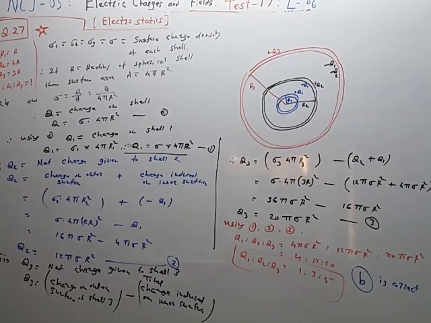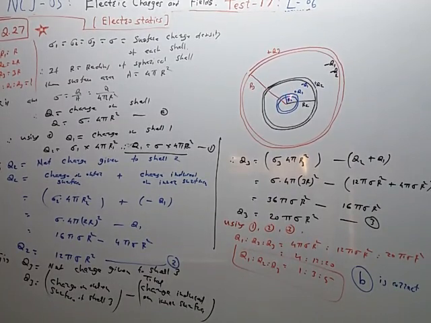So see the situation. There are three concentric spherical shells. This is the first shell of radius r1. The net charge is given as Q1. This is the second spherical shell of radius r2 equal to 2r. The net charge is given as Q2, and this is the third spherical shell. They are concentric shells. Sigma is the surface charge density. It is the same for all the three spheres, and we have to find the ratio of Q1 to Q2 to Q3. So to keep sigma constant, the charges must be in increasing order, like this.